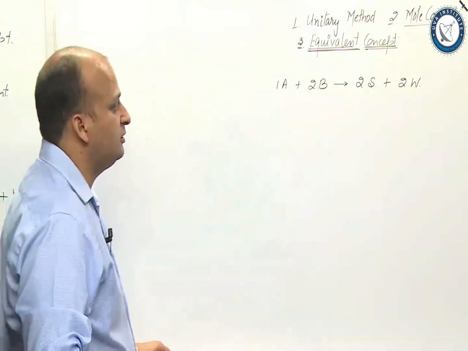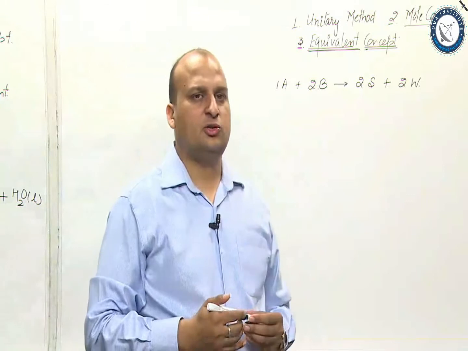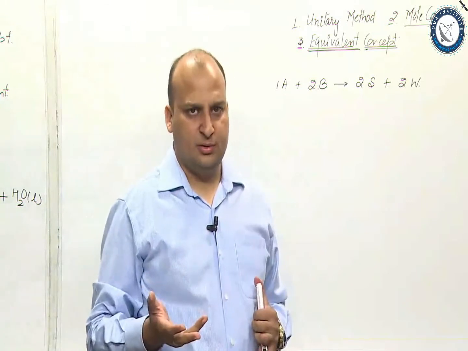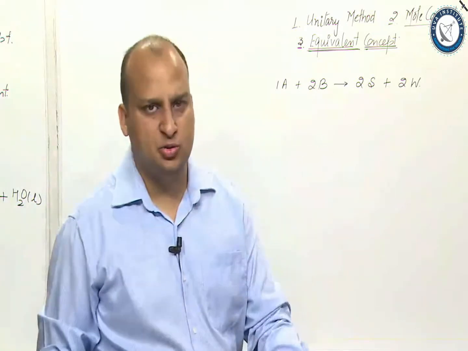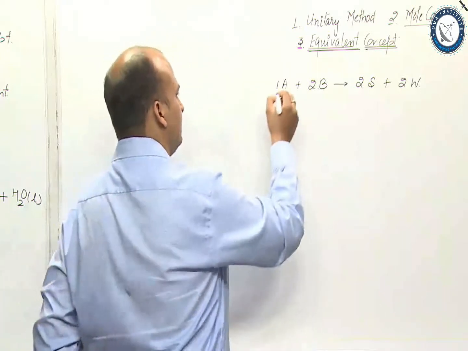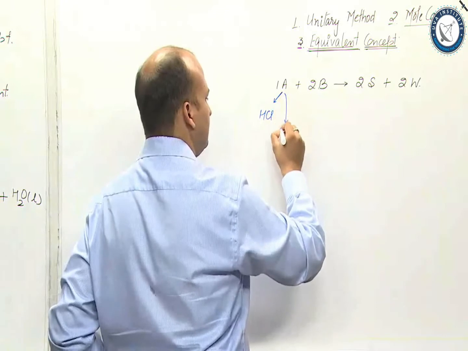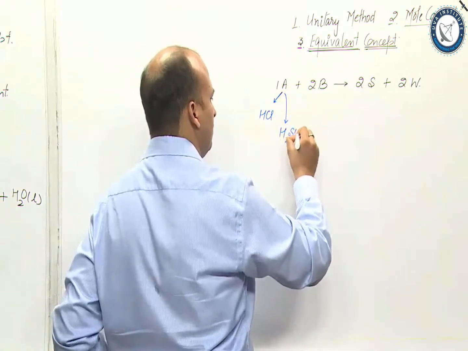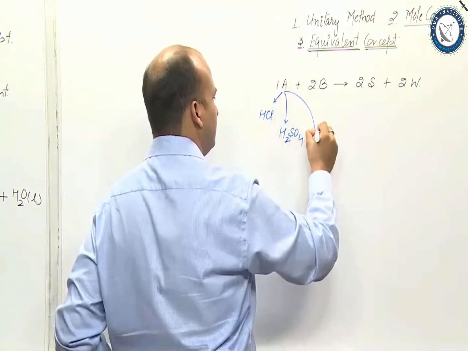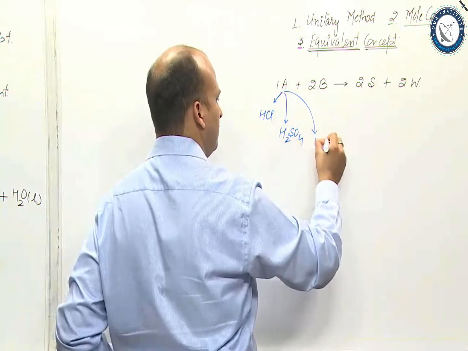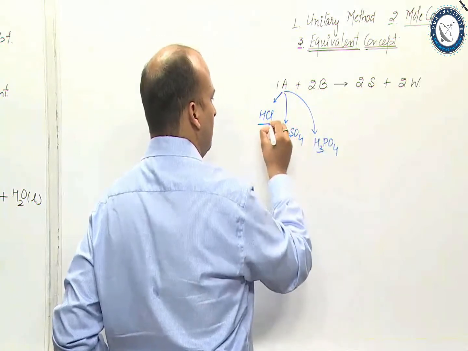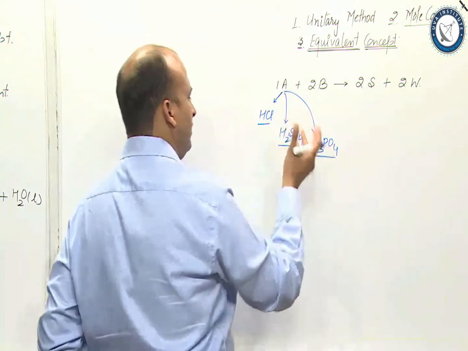My question is, if you are just using a mole concept, it hardly matters to you whether this acid is HCl or this acid is H2SO4 or this acid is H3PO4. It hardly matters,